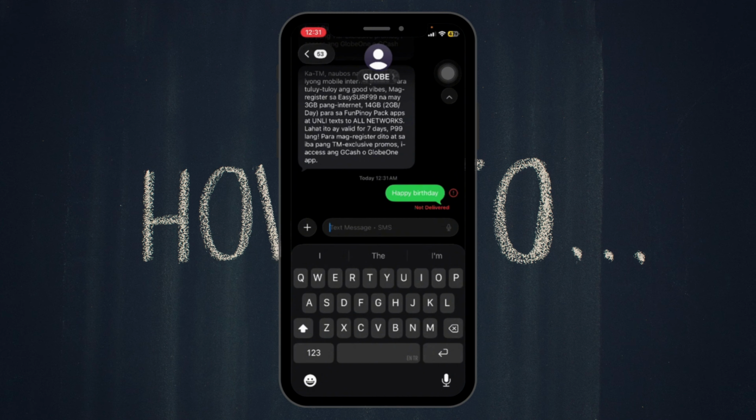So if you want to replay the effect later, you can tap the replay option under the message after it's sent if it's available. Now just keep in mind that these effects only fully work when sending messages to another